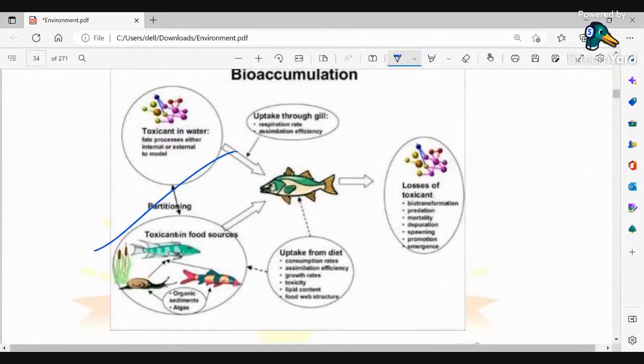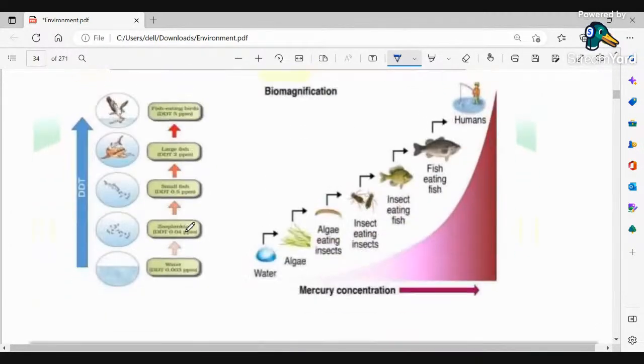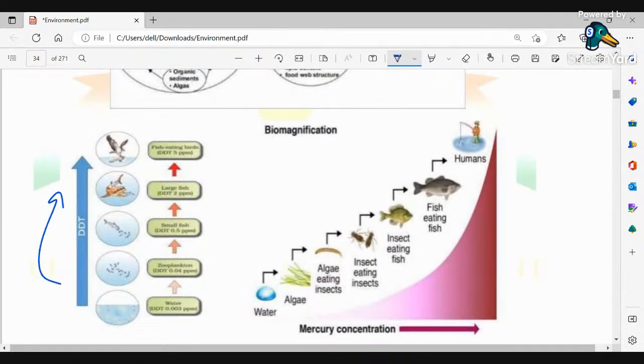So you could see this type of bioaccumulation directly occurs. Okay, and this is basically highest in the respective hawk. Now,